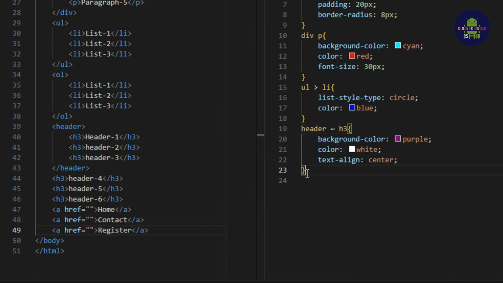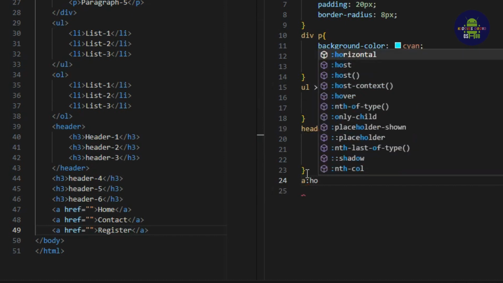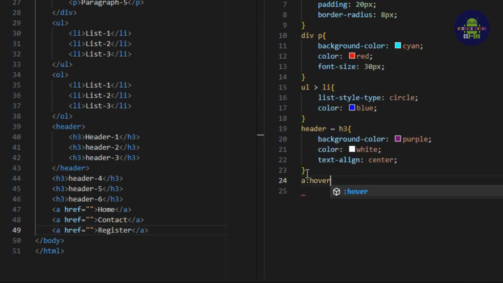Now the symbol for pseudo class is simply a single colon. And one of the features of pseudo class selector is hover. Now what this will do is, it is only when we hover on the anchor tag that we're going to